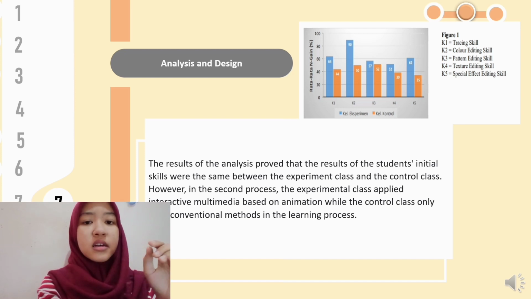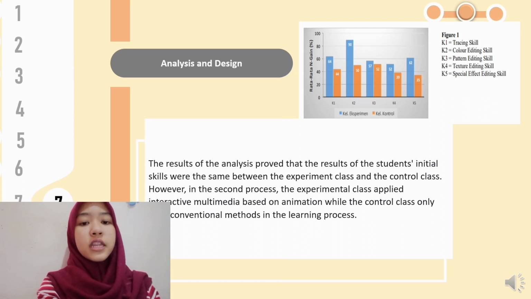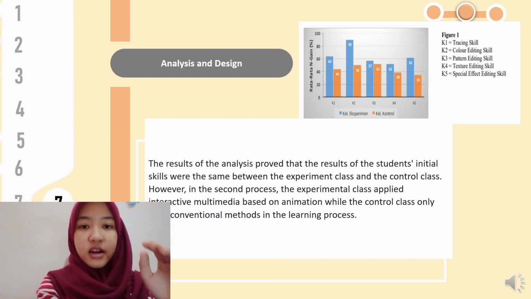However, in the second process in the experiment, the experiment class applied interactive multimedia based on animation. Well, the control class only used conventional methods in the learning process. The following are the results of calculating the increase in learning outcomes using normalized gain. The experiment class has a higher gain value than the control class. The next slide is